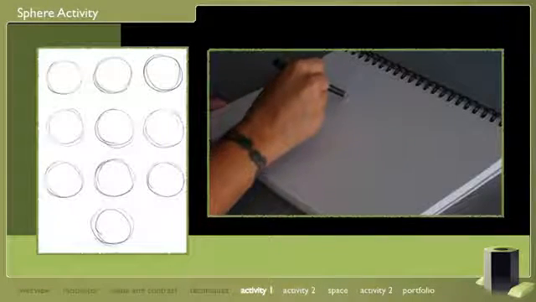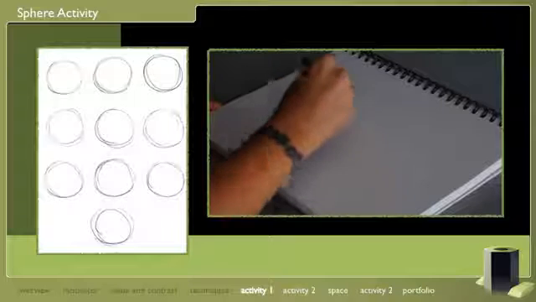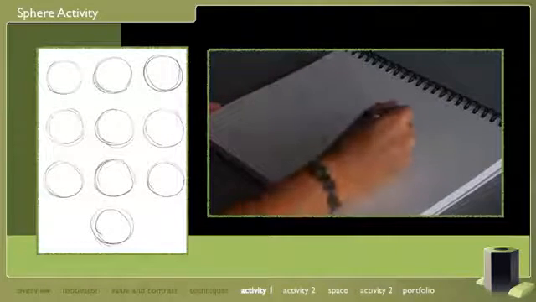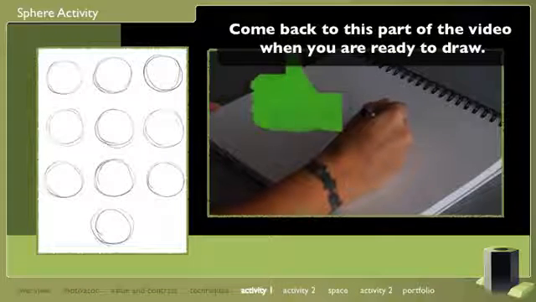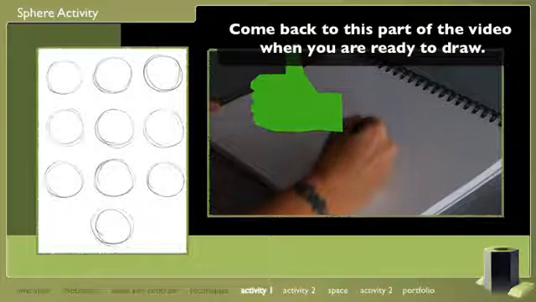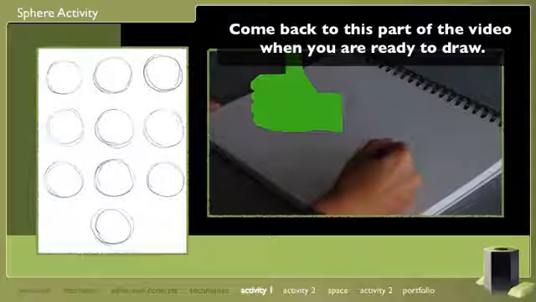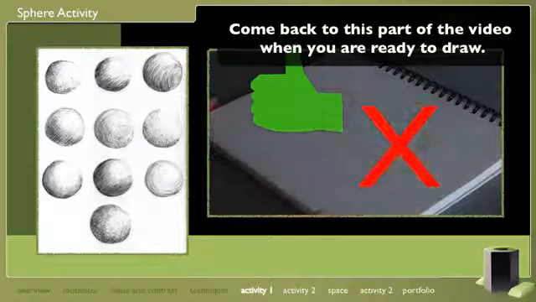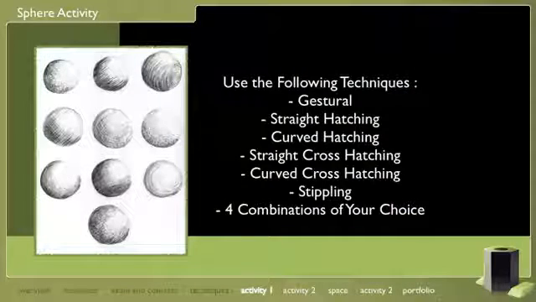Start by gesturing 10 circles on a page in your sketchbook. They do not have to be perfect, but try to keep them roughly the same size. Do not trace the circles, just do them freehand. Use your graphite and fill in the 10 circles with value. Try to add volume with the different value building techniques.